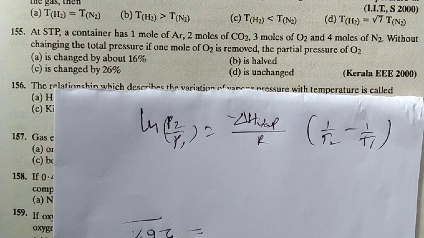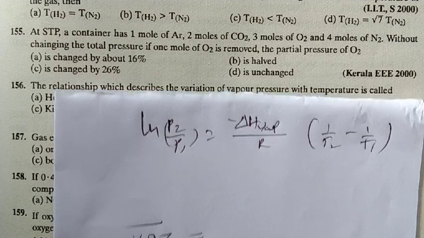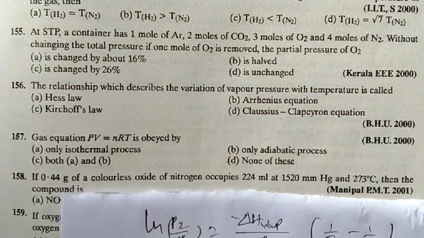It is a relationship between pressure and temperature for conditions of equilibrium between two phases. The two phases could be vapor and solid for sublimation, or solid and liquid for melting. Is it clear? That is the basic definition of the Clausius-Clapeyron equation. Direct question. So that is why the answer is D.